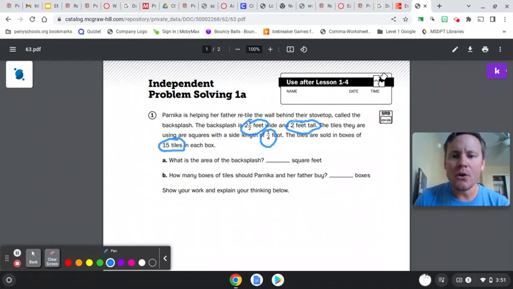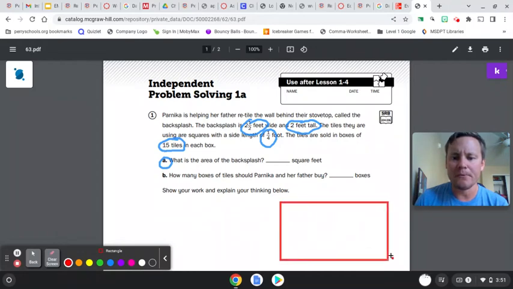First, let's read what we have to find. What is the area of the backsplash? So I need to find the entire area of that backsplash. To do that, I'm going to see if I can make a rectangle that would resemble the backsplash. Here's my backsplash. I need to find the area of that. Let's go back into the text here and discover